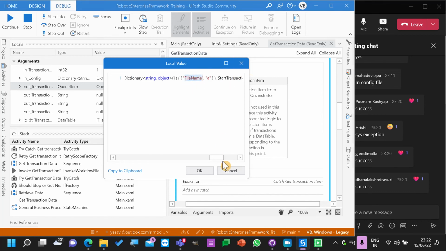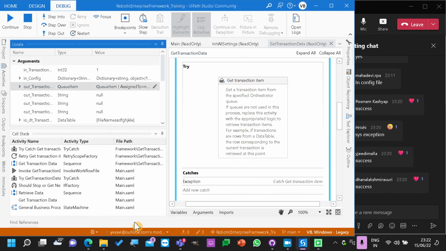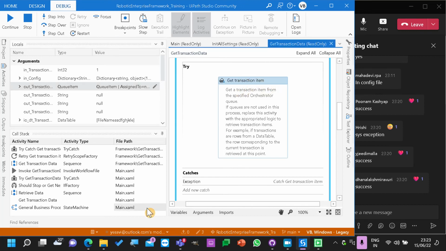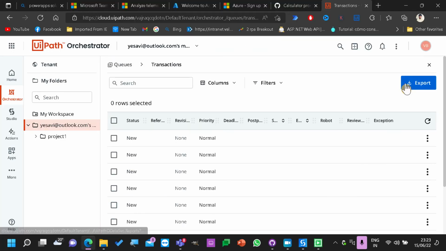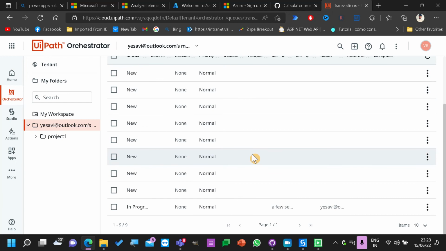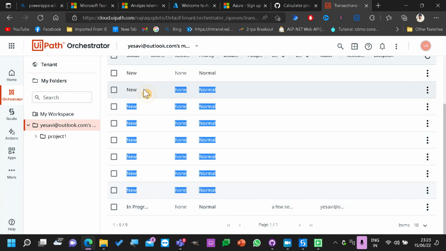So we are going to have it in first name, and that will be in specific content dictionary from the queue. So whenever, as soon as it picks up the item, if you just refresh, this will be in progress state. All the other items are still in new state. The reason being they are not picked yet by any other